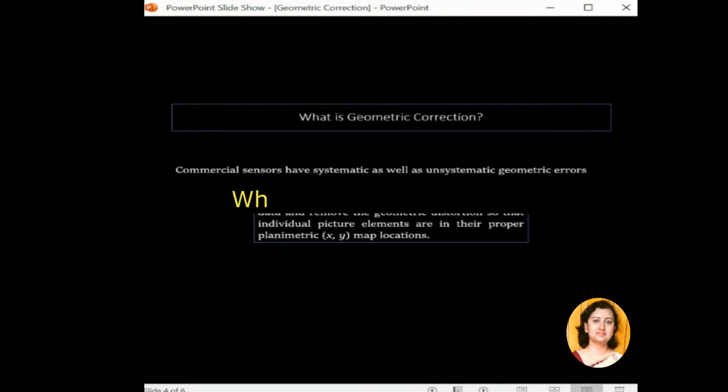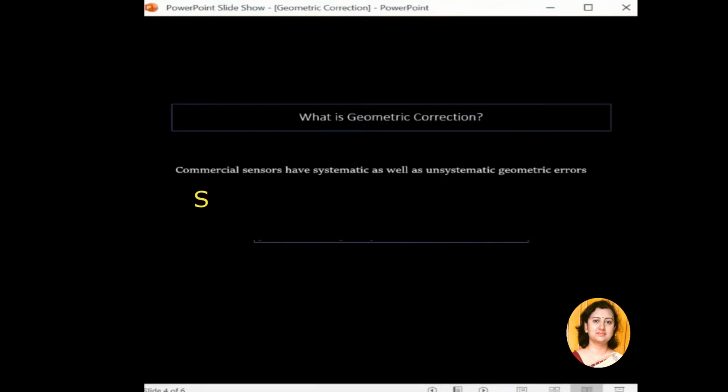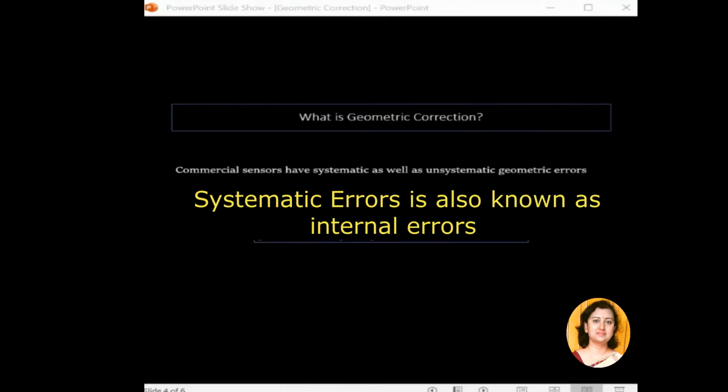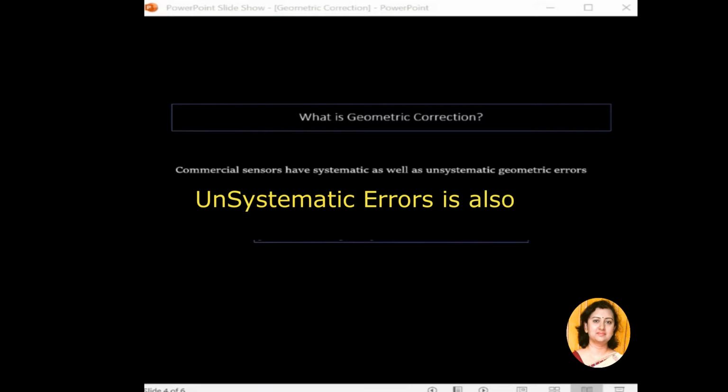Now, what is systematic and what is unsystematic error? Anyone? Sometimes systematic error is also known as internal error, and unsystematic error is known as external error.